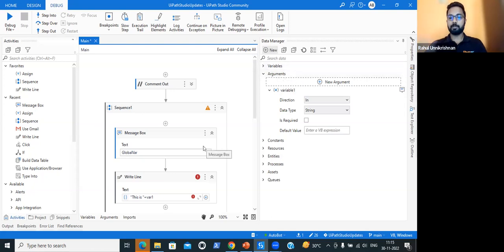So the main purpose of an argument is to manage the flow from one workflow to another workflow, right? So just like what we are doing in the argument panel, we can create the arguments here by clicking on arguments, and by giving the in and out direction, and we can give the data type, whatever different data types you want to choose, and you can provide the default value, and whether this particular argument is required or not, that also you can check mark here. Okay, this feature is not available